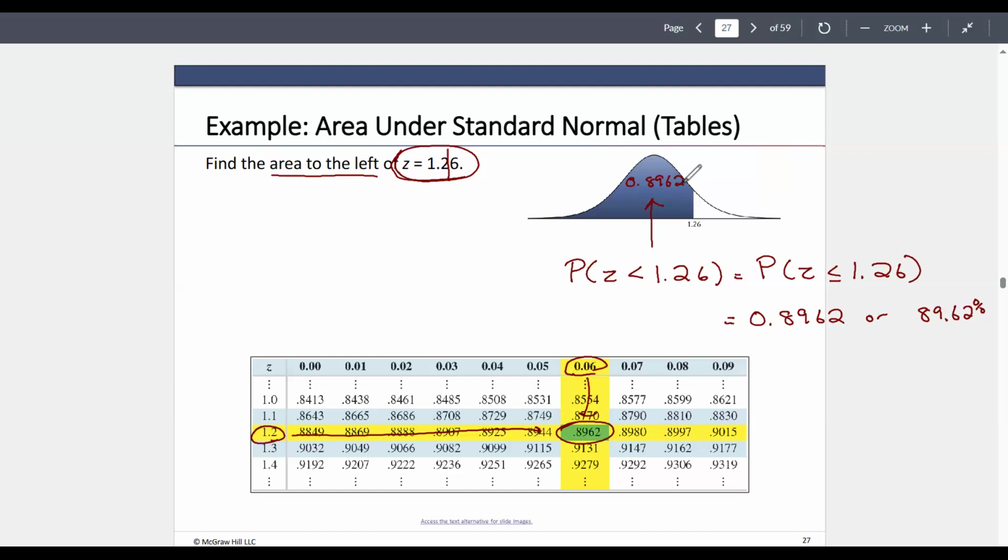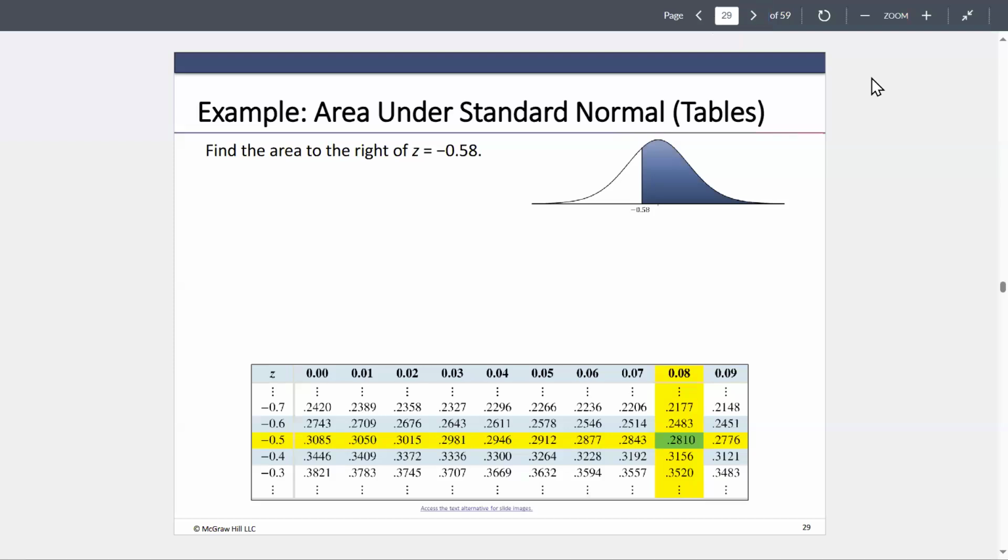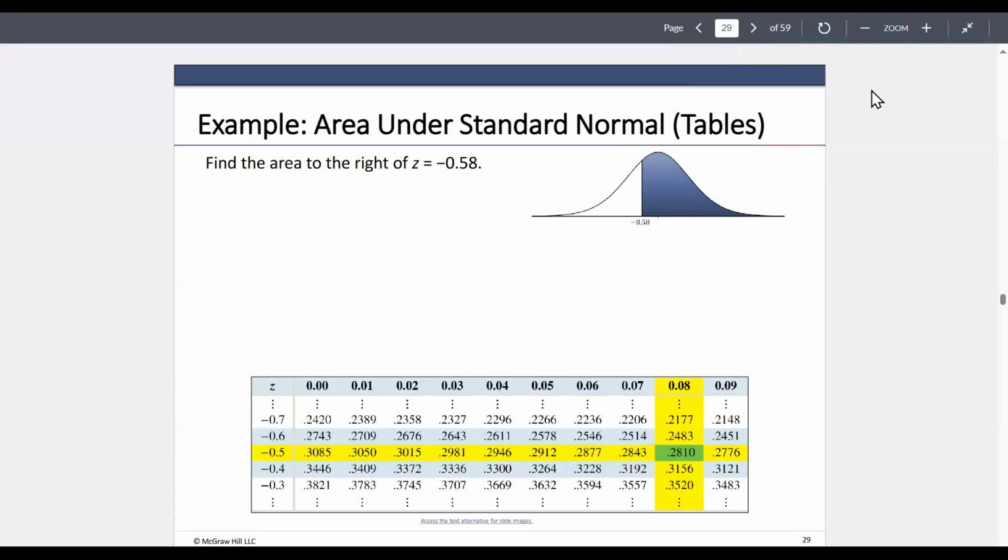Or the area to the left of the z-score of 1.26 would be 0.8926. One of the things I said to watch out for is that sometimes you're going to have a negative z-score. That means we have to look at the other part of our table, where we look at the negative z-scores. So if we want to find the area to the right of a z-score of negative 0.58,